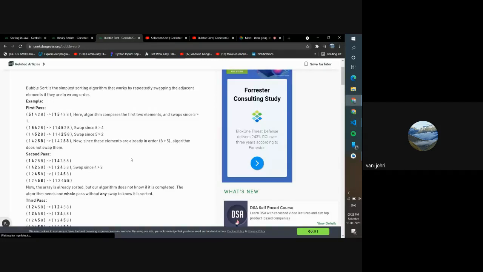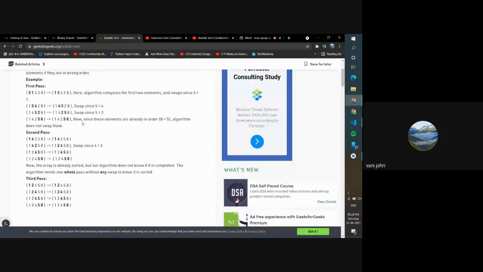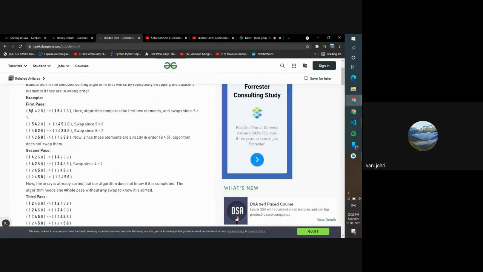So this is bubble sort, and it does the same thing. It sorts your array, but it works a bit differently. Over here we have passes. A pass is the first time the loop works, then the second time the loop works. This is the array you have initially: 5 1 4 2 8. It checks the adjacent elements, the ones next to each other. So it checks 5 and 1. 1 is smaller than 5, right? So it will just swap them in that place.